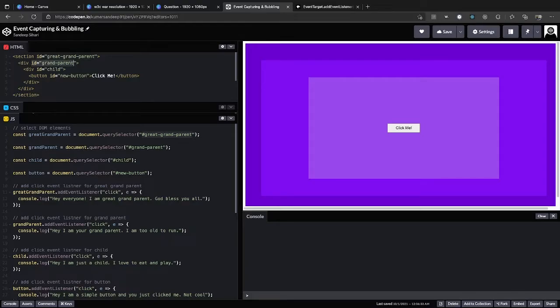So document.querySelector is a method or function by which you can select any element. I don't need to use the ID; I can also use the class name, for which I just pass a dot and the class name.